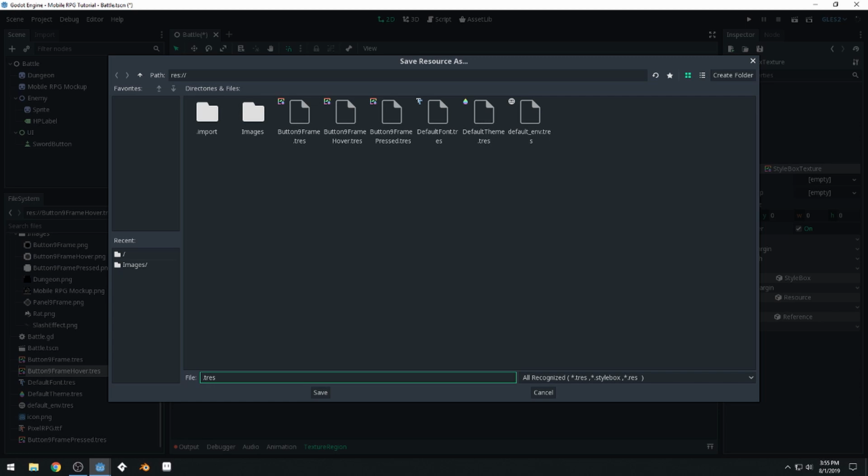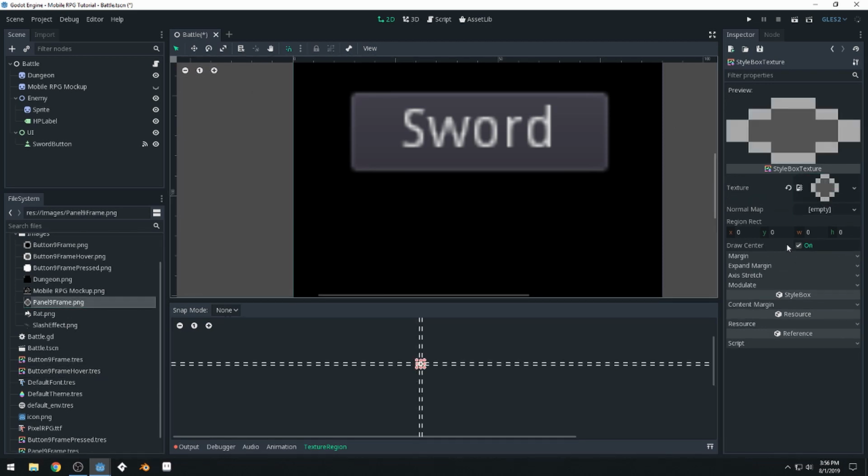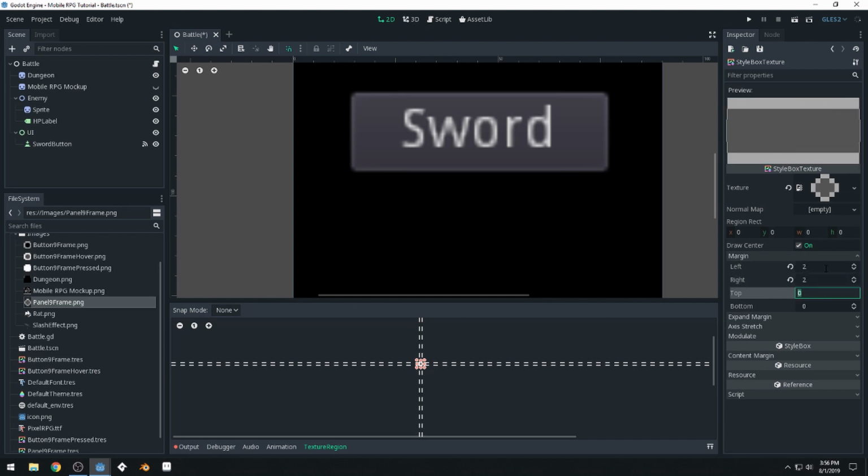This one is going to be just our panel 9 frame. And we'll use the panel 9 frame texture. And this one also comes in 2 on our margin. So 2, 2, 2, and 2, like that. And we'll be using this for what we put inside of our